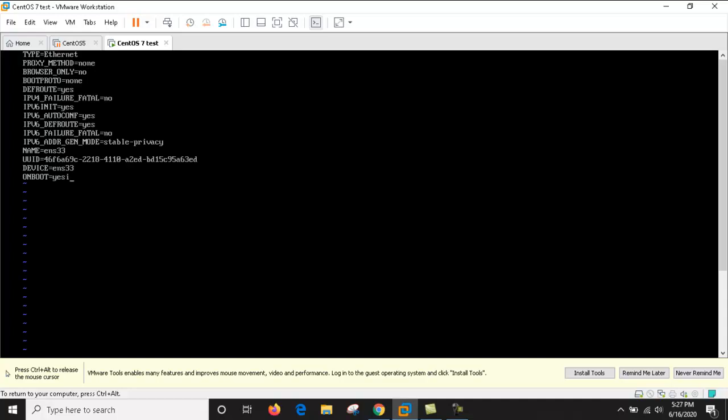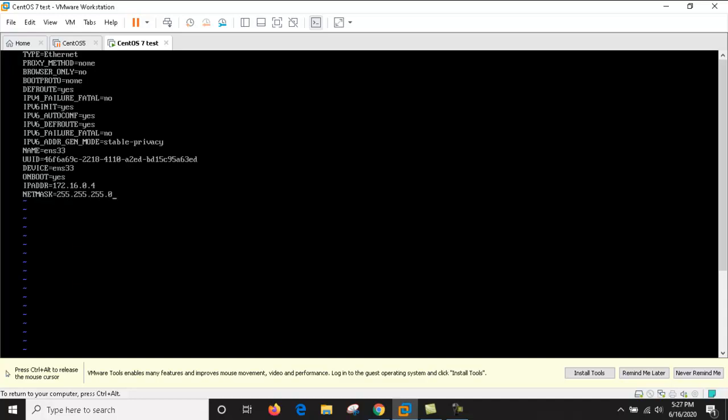Here IPADDR is a keyword you need to pass, and it is equal to, suppose I'm giving this IP address ending in .4 for example. And NETMASK is equal to 255.255.255.0.